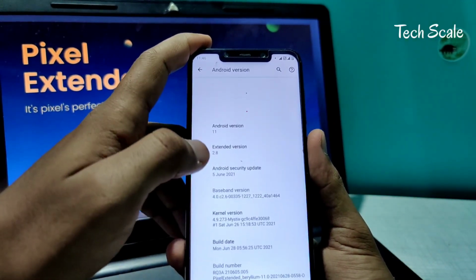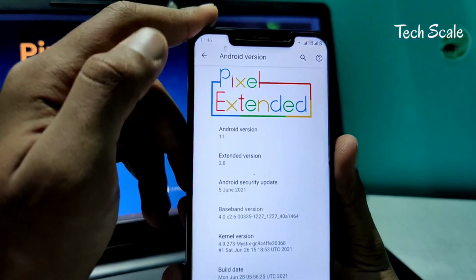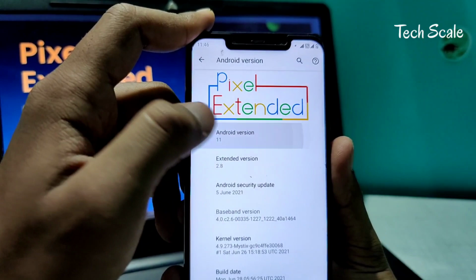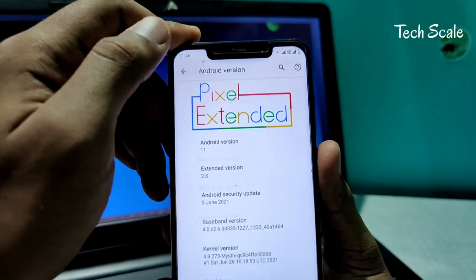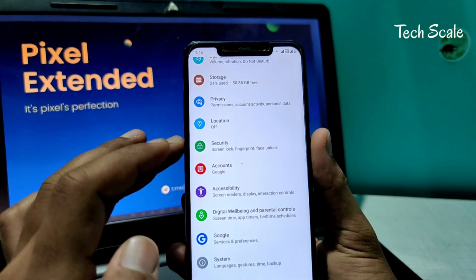Other than that, if we go to the Android section, we can see here's the extended version 2.8, with a very beautiful looking animation. And the Android version is obviously 11. We don't have Android 12 stable builds available right now, and whenever they come, I'll be installing those builds on